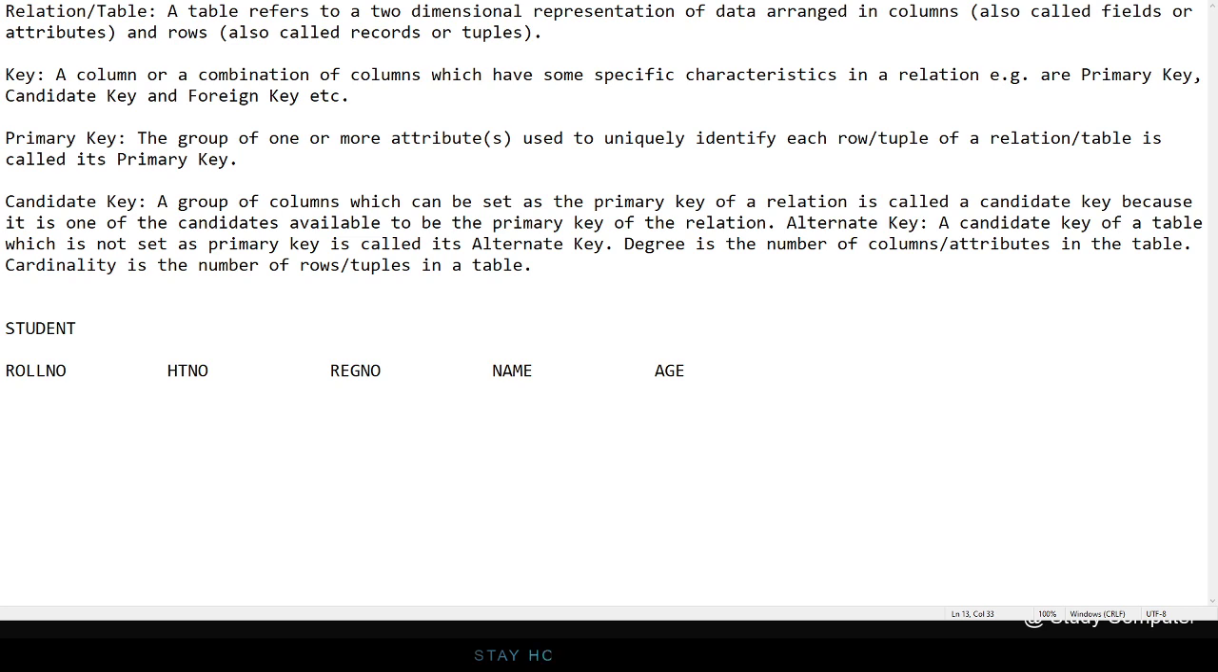I create a column like date of birth. I create a column like class. Okay, that's it, for your understanding purposes. So here we want to create one table called student, and we create roll number, hall ticket number, registration number, name, age, date of birth, and class. In that case, roll number, hall ticket number, registration number are three columns whose nature is different compared to name, age, and